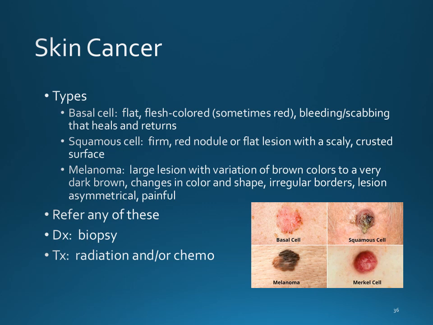The squamous cell, which is the next one, you see more of a nodule. So instead of it being flat, remember with nodules, those are raised. They're solid. They don't have liquid in them. But you can have some scabbing over that, sort of a scaly lesion over the top of it. We are not talking about Merkel cells. It's just that this particular picture showed the three that I wanted to talk about. So melanoma would be the one that we're much more concerned with.